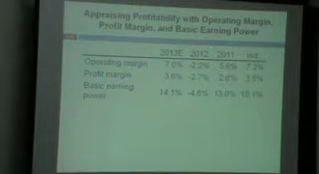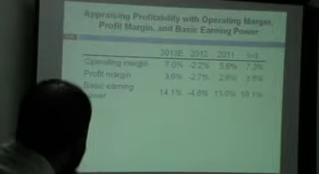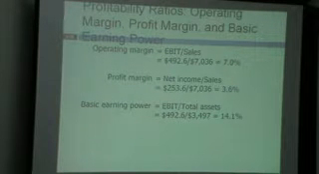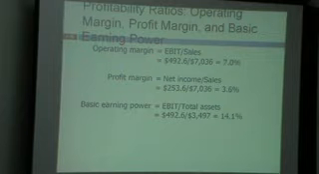And basic earning power is below industry average. So why is it so? Basic earning power is below industry average because you can look at the denominator, which is total assets. It means total assets are high as compared to the industry, and in total assets we have already discussed the